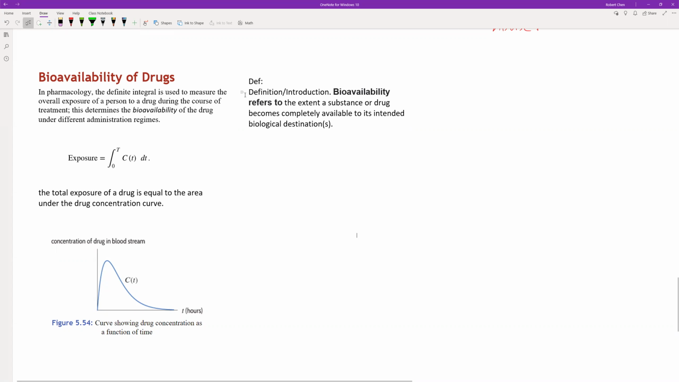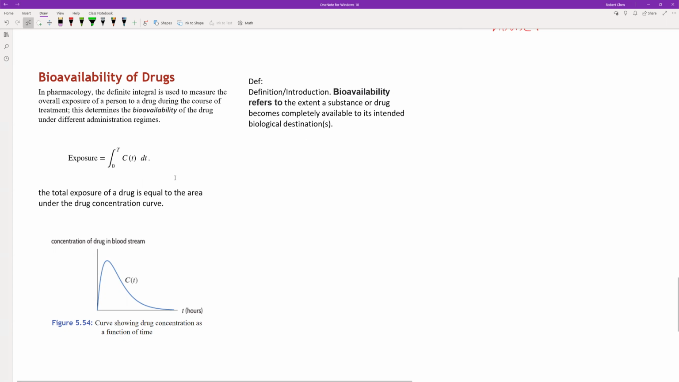A quick definition for those of you who are in a bio or medical field, or who are looking into the medical field. Bioavailability refers to the extent a substance or drug becomes completely available to its intended biological destination. So let's say when we take a painkiller, how does our body absorb it? Does our body completely absorb it, or maybe not? The exposure is equal to the definite integral from t equal to 0 to capital T, some time,